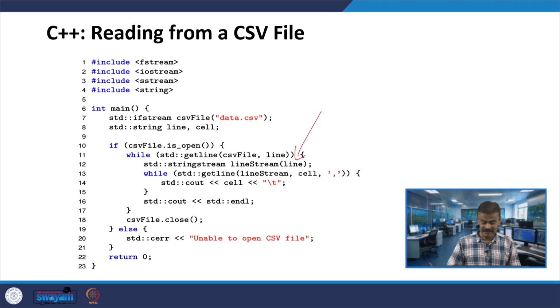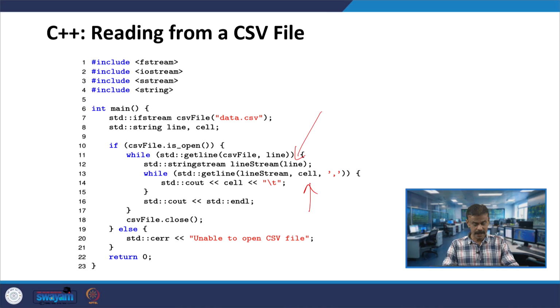In this while statement you can see getline, with the object lineStream and a string cell, separated by a comma delimiter. That means it will split the current line into cells using the comma delimiter.